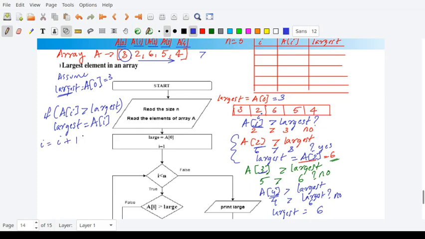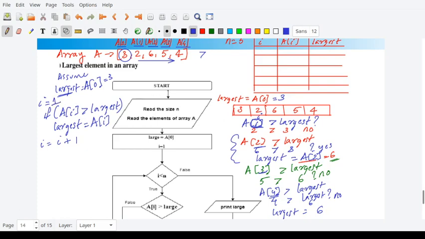And one more thing you have to do. You have to initialize I is equal to... where does I start? I starts at 1 instead of 0 here, because you are comparing the first element with all the other elements in the first step, right? So you will start with I is equal to 1 instead of I is equal to 0.